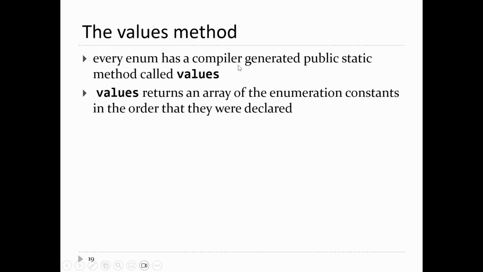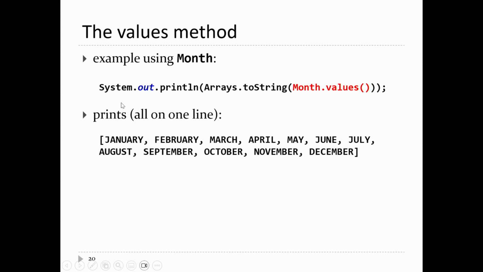You get a bunch of other free things as well when you make an enumerated type. You get a method called values. It's static. Values returns an array of your constants in the order that you declare them in. So if I want to know what are all the constants in the enumerated type Month, you just call values on Month, so Month.values gives you an array. I can print the array using Arrays.toString, and you get back the array of all the constants